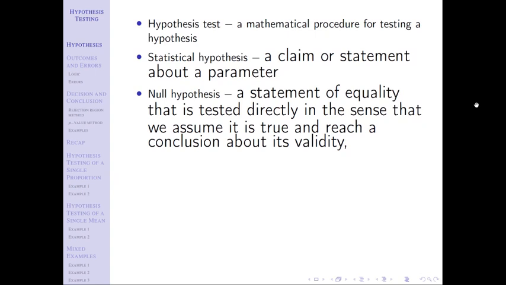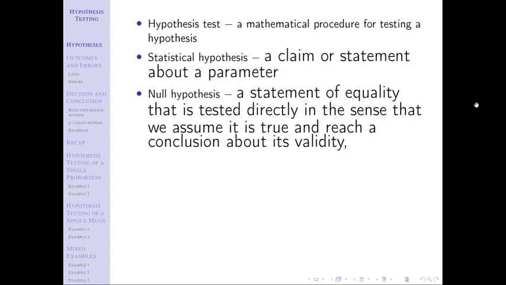We're going to start off by finding our null and alternative hypothesis, and we're going to say, okay, this null hypothesis, we're going to assume this is true, and we're going to work all of our math based on that assumption. Just like in a jury trial, we assume the person's innocent. That's how we start off. Now, at the end, we may change our mind, but we start off with saying we're going to assume that person's innocent. We're going to start off with this null hypothesis. Whatever parameter is in the null hypothesis, we're going to assume that whatever statement that is, it's true, and then we're going to reach a conclusion about its validity.